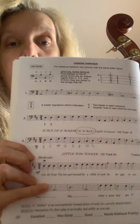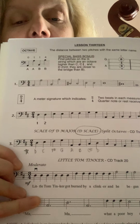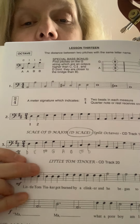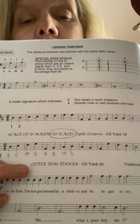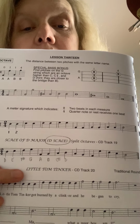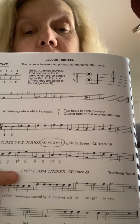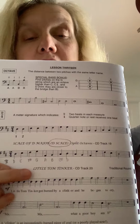Okay, so I'm going to hold the book up. If you want to pause the video here for a minute, see underneath number 3, I wrote the letters out. I wrote D, E, F sharp, G, and then A, B, C sharp, D. All those 8 notes, D to D, that is the whole D scale. You go backwards and come down. I only wrote them going one way because then what you would do to memorize it is you would just